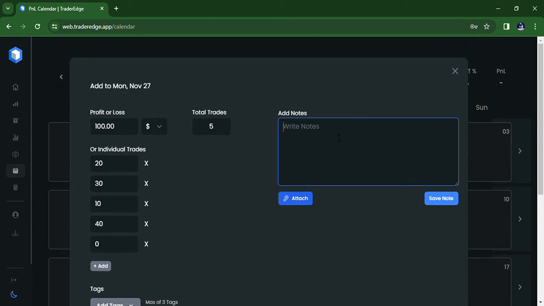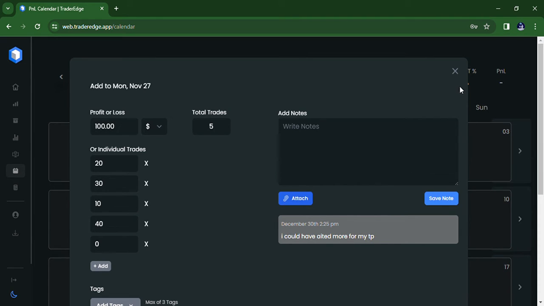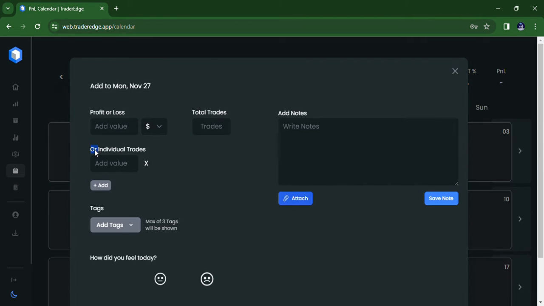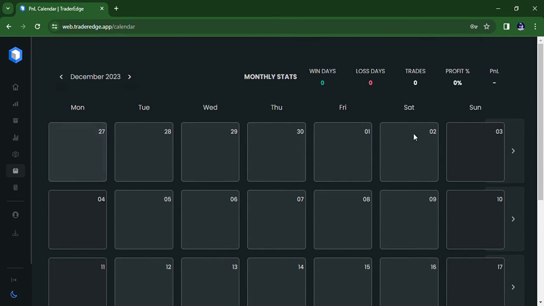And then you can attach the screenshot of your trade, and you can write a note like, I could have done better, I could have waited more for my target. And if you have 1 month of data or such, you can study it, you can have many things together,